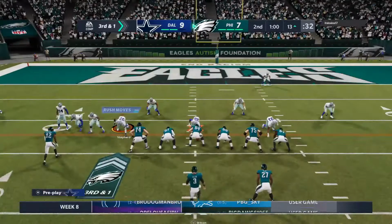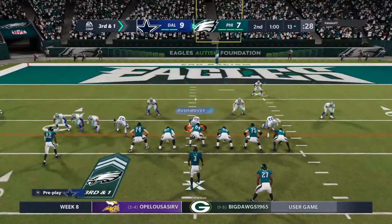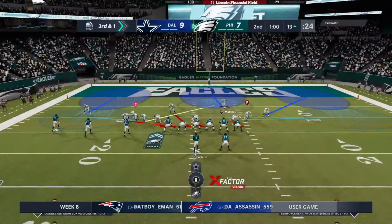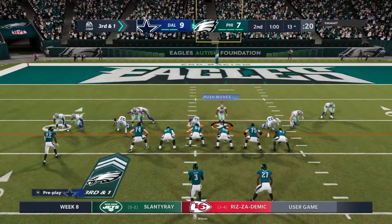Watch the run. Check. Frag down. Check. Hot. Check. Gotta go, in and out,